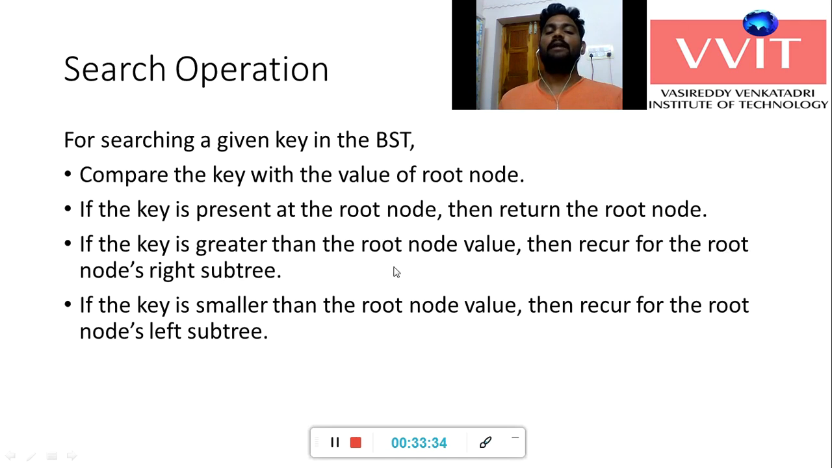If the given key value is greater than the root node value, then recursively traverse the root node of the right subtree. Otherwise, if the given key value is smaller than the root node value, then recursively traverse the root node of the left subtree. That means, what is the searching procedure? The given key value is compared to the root node; if both are equal, we stop the searching and display the message that the given node is present in the binary search tree. Otherwise, if the given key value compared to the root node is greater than the root node,